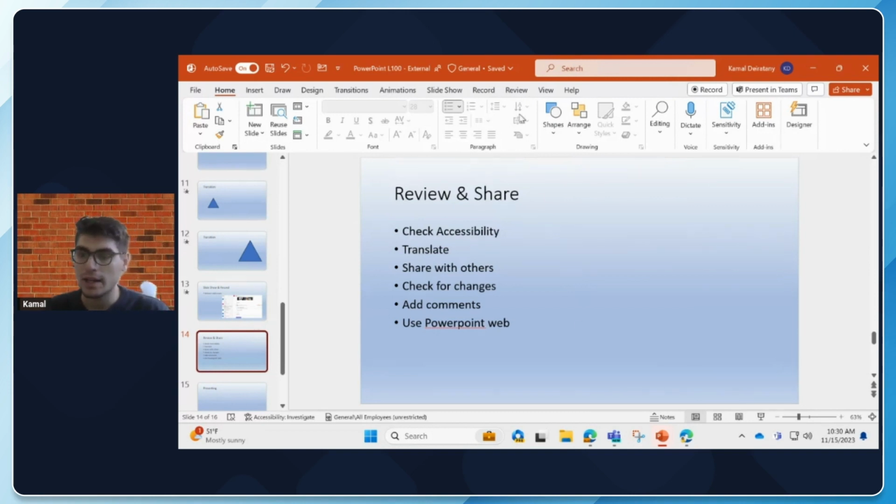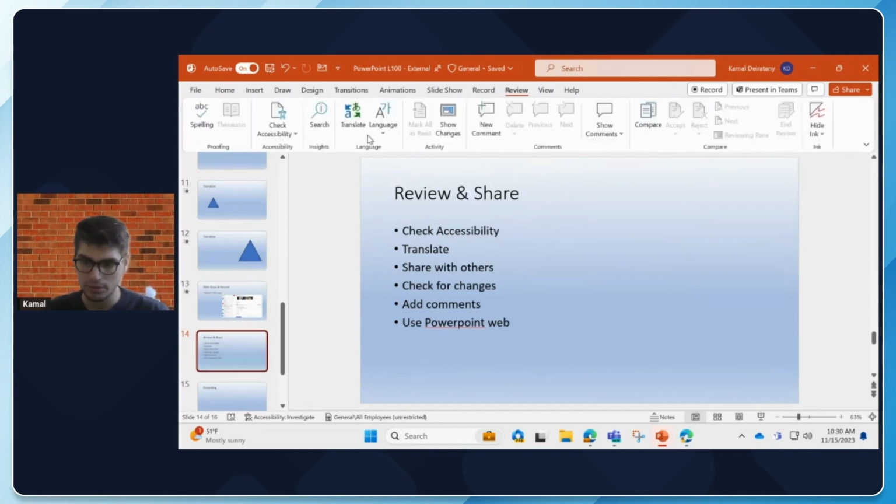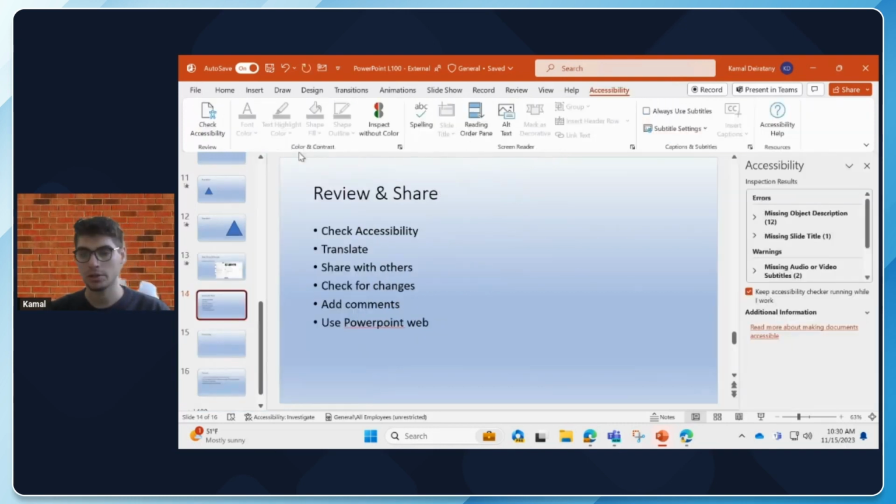So all of that is in the review tab. In the review tab, you can see how you can translate. You can check for any issues with your language. If you're using a different language, let's say Spanish, then you can do the language proofing there. Check accessibility. If you want to do that,